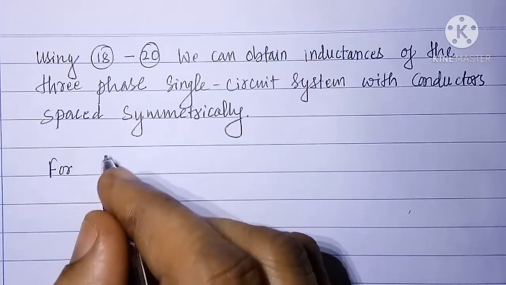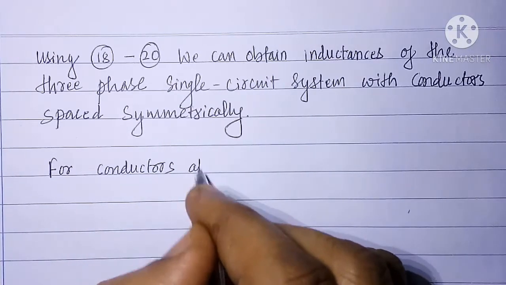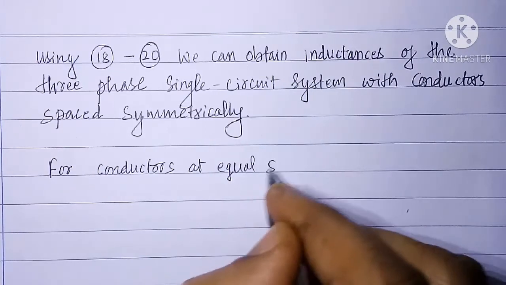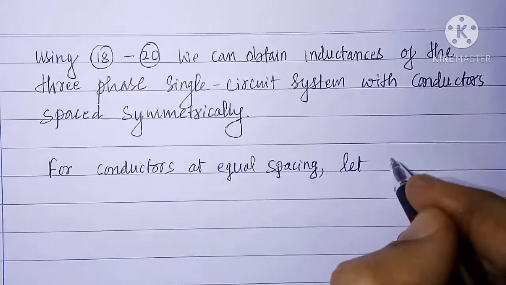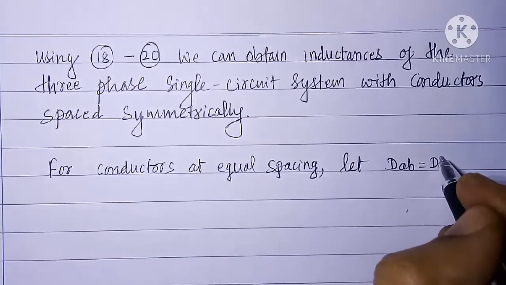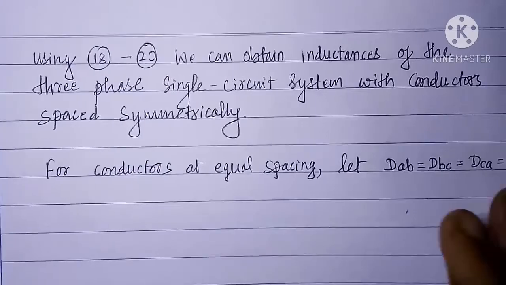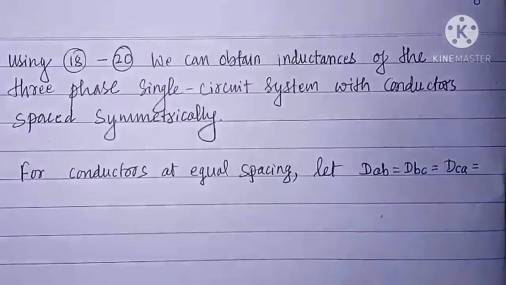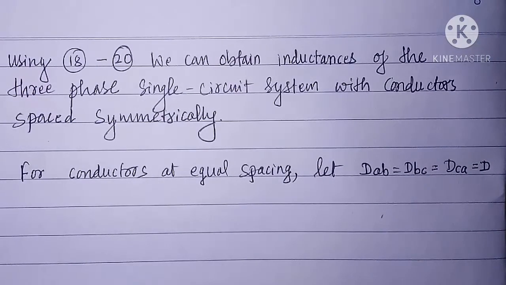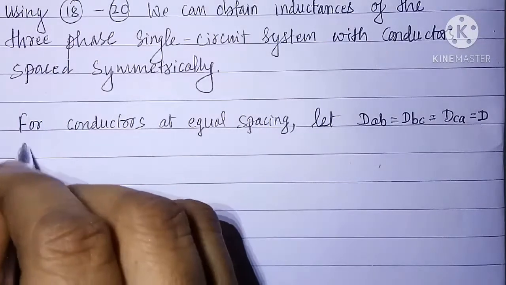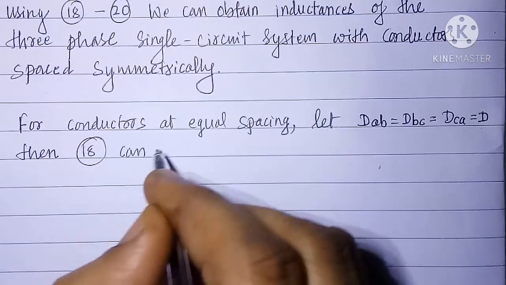For conductors at equal spacing, let DAB equal to DBC equal to DCA equal to D. Then equation 18 can be written as